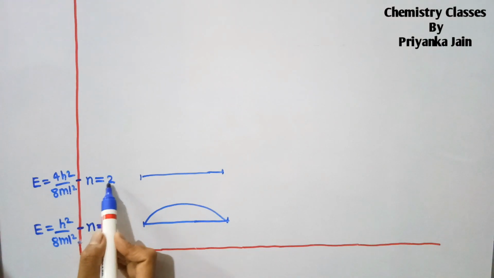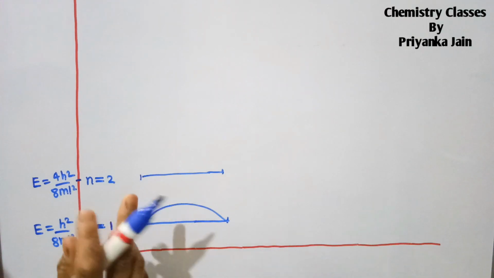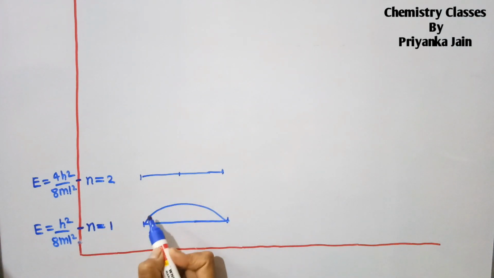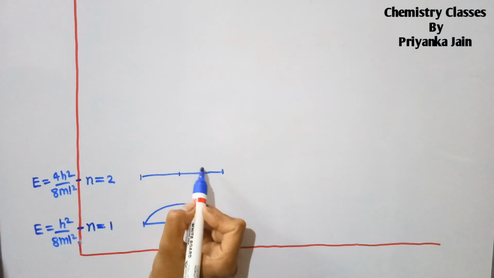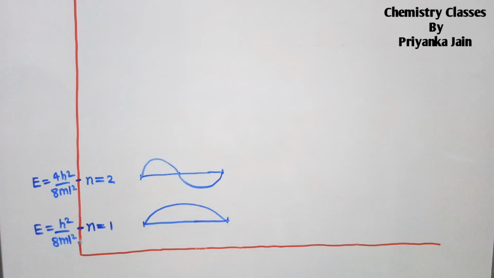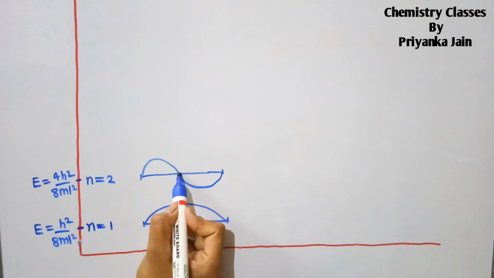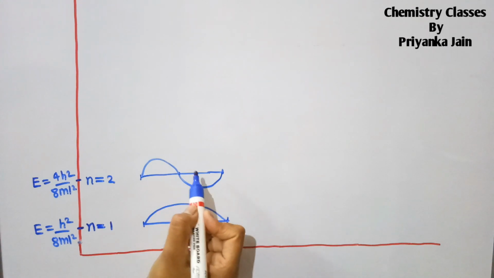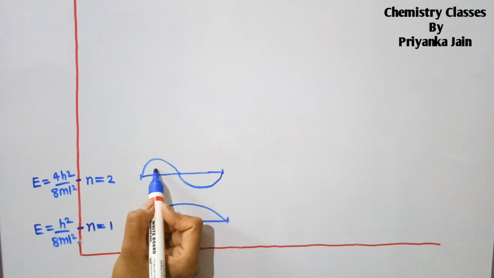Then you can see here 2 minus 1, it means 1, number of nodes will be 1, so there will be 1 node in this way. Okay, so now we have to plot in this way. Okay, there is a node here and this hump is anti-symmetric and this is symmetric,